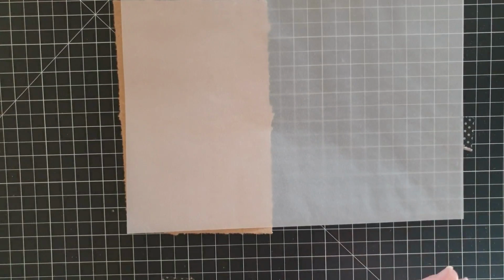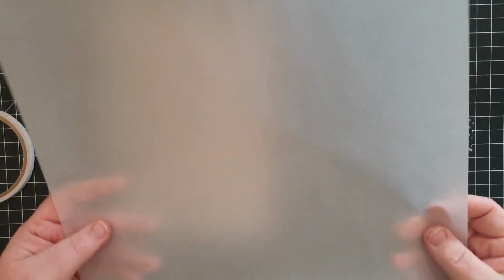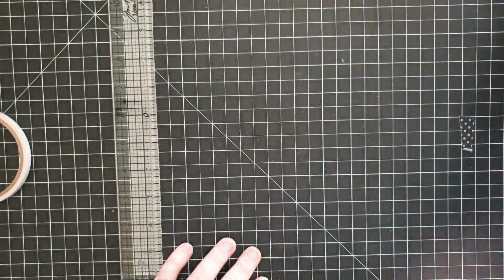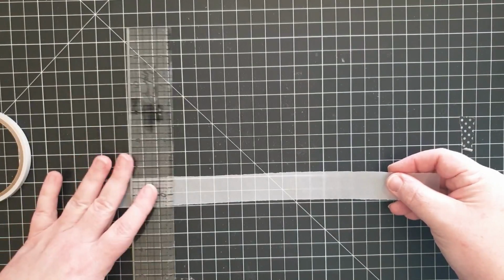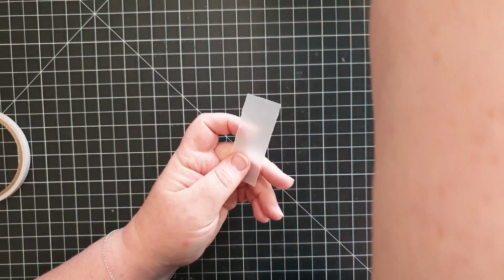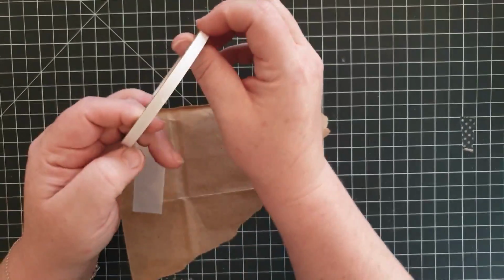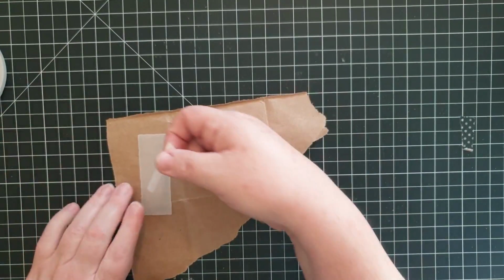with double-sided tape? So let me grab some double-sided tape. I'm going to tear this down. All right, I'll save this, and we can take a small little piece. All right, so I'm just gonna grab a random piece of paper here. To be honest, I'm not sure if this is gonna work very well, but,